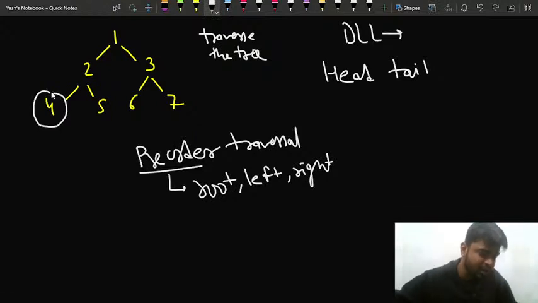If I come to the leaf node and if I see that this is my current node, good evening Sushil